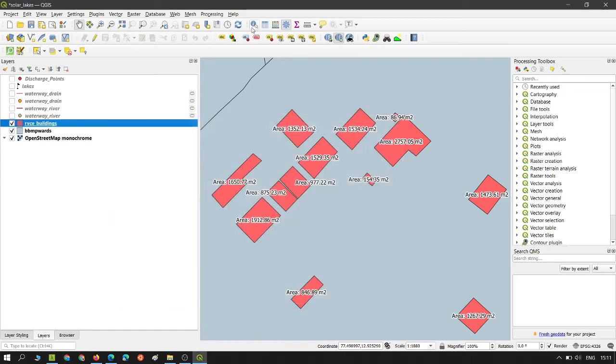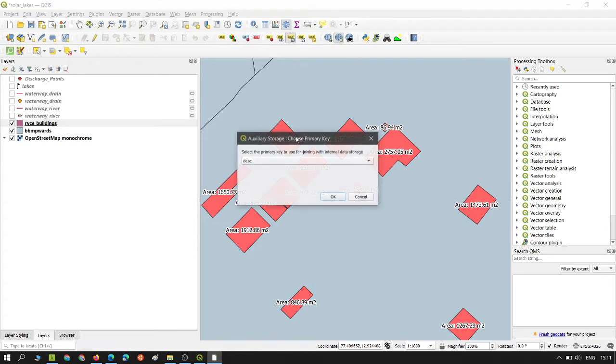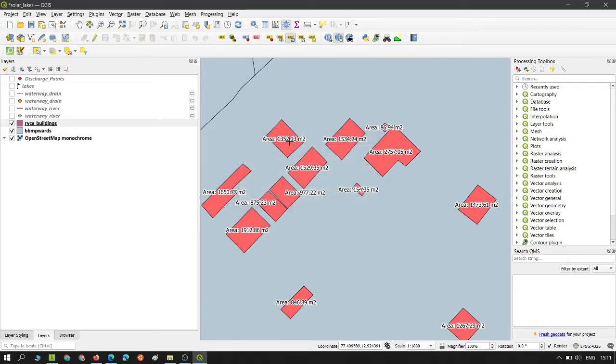Once this is done, you can refresh and then again go ahead and move the feature. Now it again asks for a primary key, so select your primary key. Once selected, save again. I'm saving because it caused problems a lot of times. I think there is a bug. I'll show you what the problem is, and then you can move the features. Once you move the features, that's it, you don't have to save or make any other changes. But you might ask, where have the changes taken place?